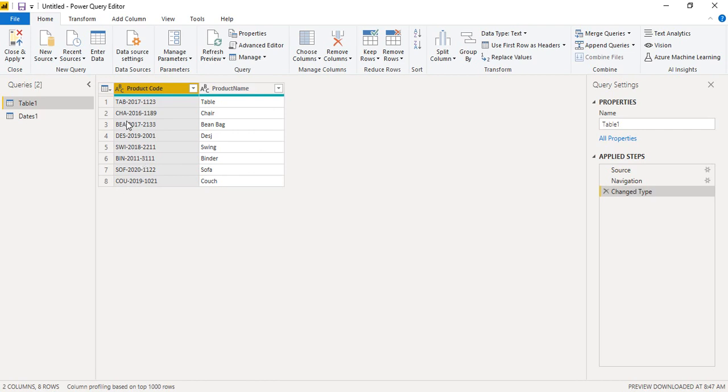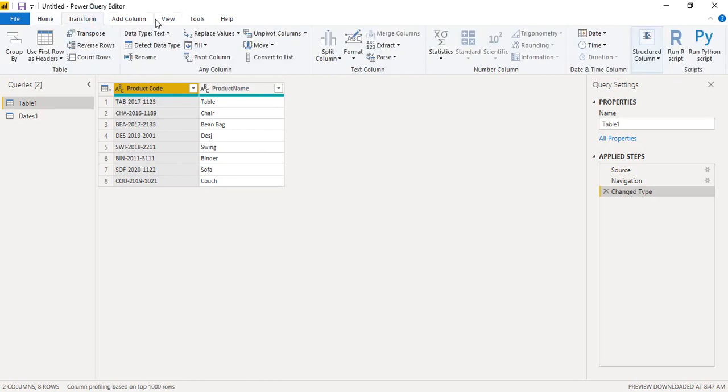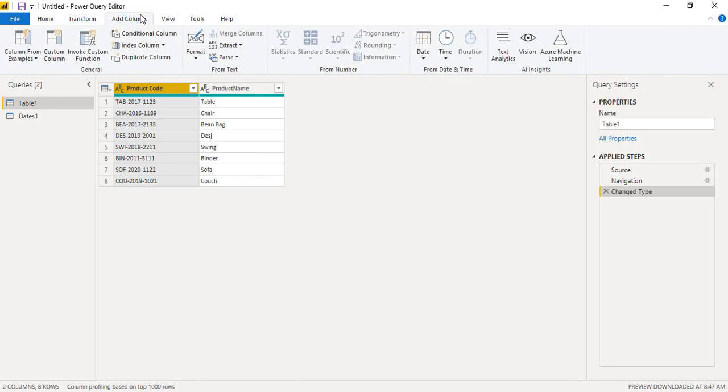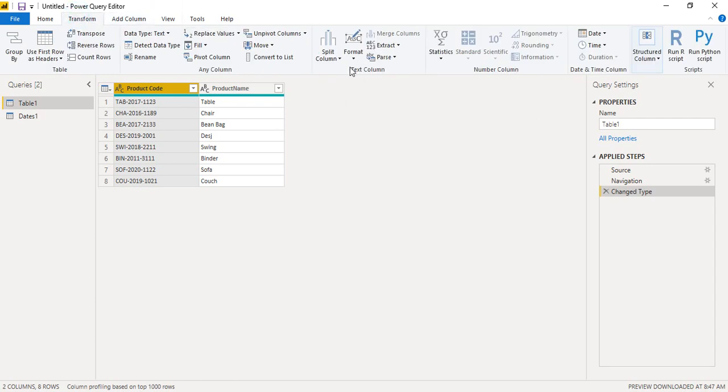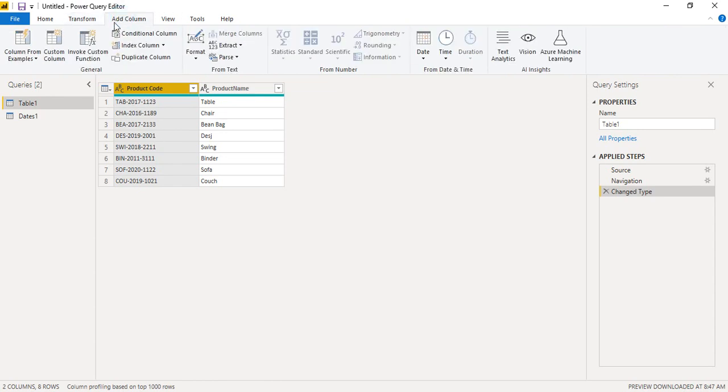For this purpose we have two options, either the transform option or the add column option, but we are going to add a new column. If we go to the transform column, then we would have to use these text functions, which we do not want to use. We want to use the column from example option. So we need to go to this add column option, and here you can see there is column from examples. You can see from all columns or from selection. There are 2 columns in the table. If you want to create an example or a pattern from both of these columns at once, you can go for the first option, or you can go for the from selection option, which means the pattern would be taken from whichever column is selected by you.